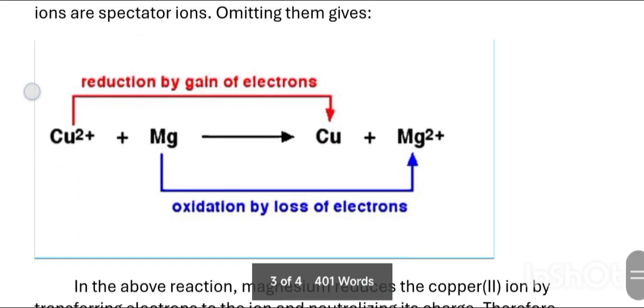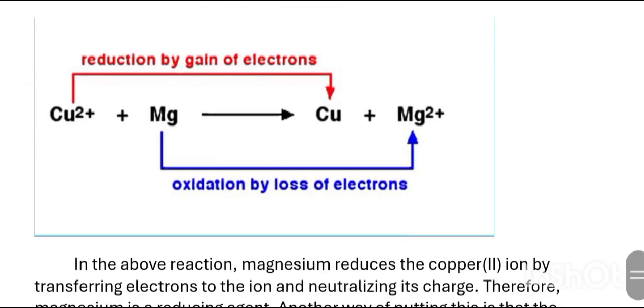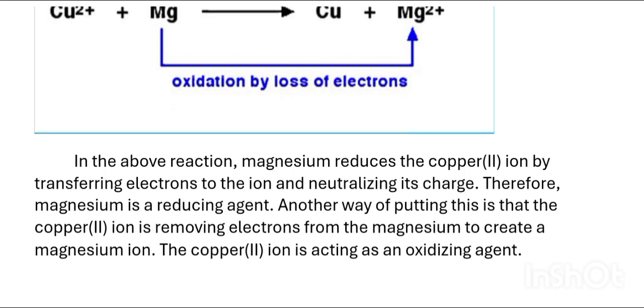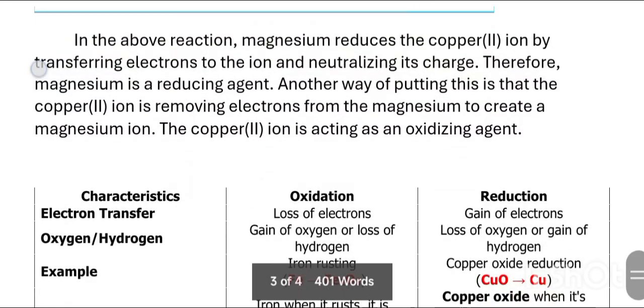So reduction, simply you can see this in the ionic form. Copper oxide is actually Cu plus 2 ion, it is changing into Cu, so plus 2 to 0 means it has gained electrons to remove its plus 2 charge, so it is reduced. Magnesium is in atomic form here, and here magnesium has an ionic state of plus 2. It means it has lost 2 electrons to form Mg plus 2 ion, so it is actually the oxidation, which is the loss of electrons. Now the description is also written. If you want to write the description, you can just simply write it from here about the process going on.